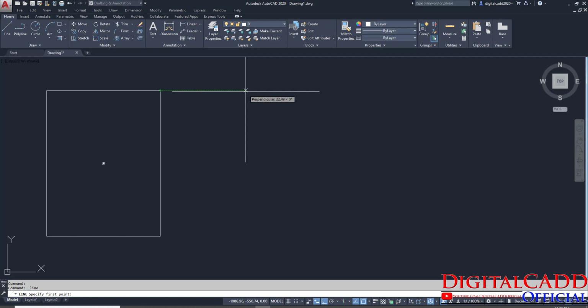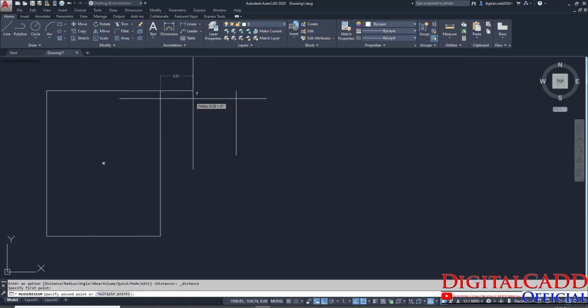It means we can type the value from this point, okay, to this point, and you can see here the dimension is given 22 point something. So if we track this point and type some value like this, suppose we type 20, enter, then it will draw a line from this point apart 20 mm like this. So we can check that value, distance, first point and second point.